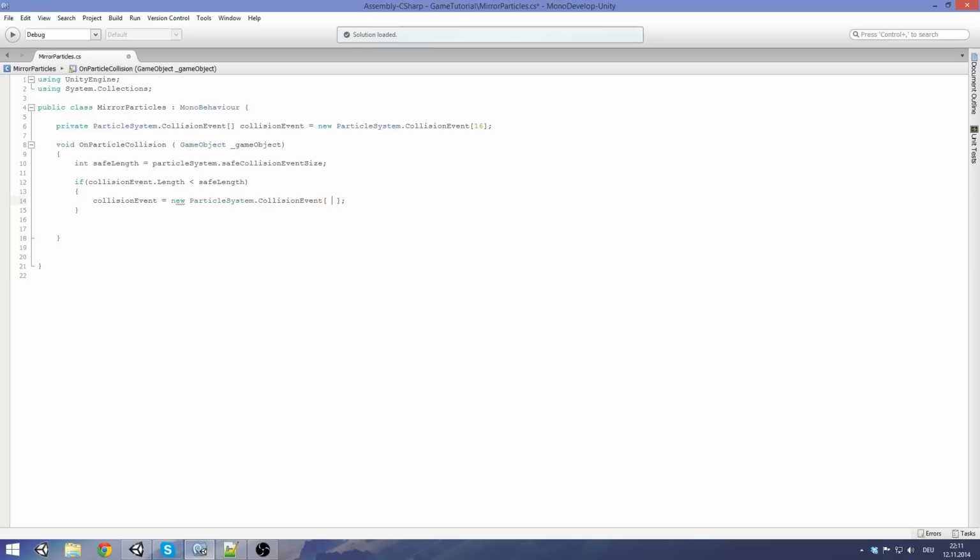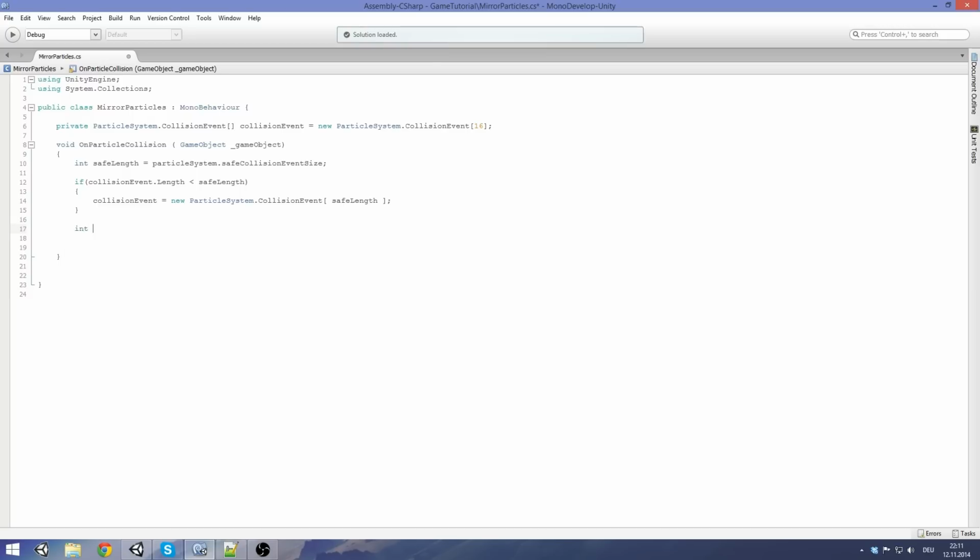And we are going to make this as long as safe length, just like this. Okay, and now we have to get the amount of particles, since we want to emit the